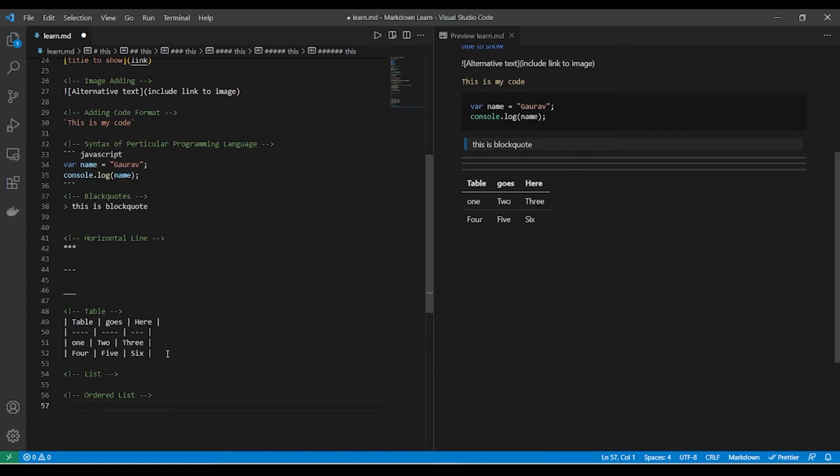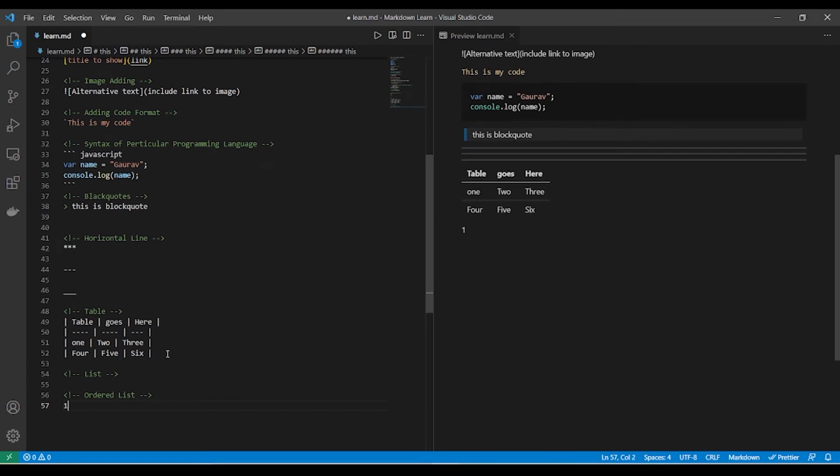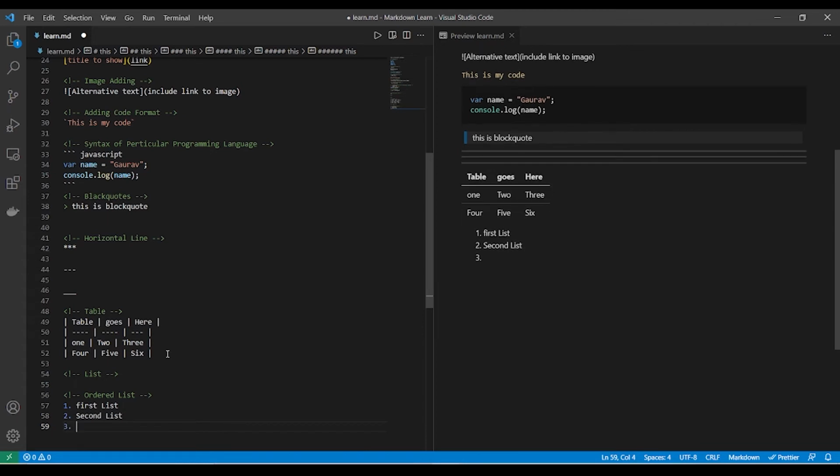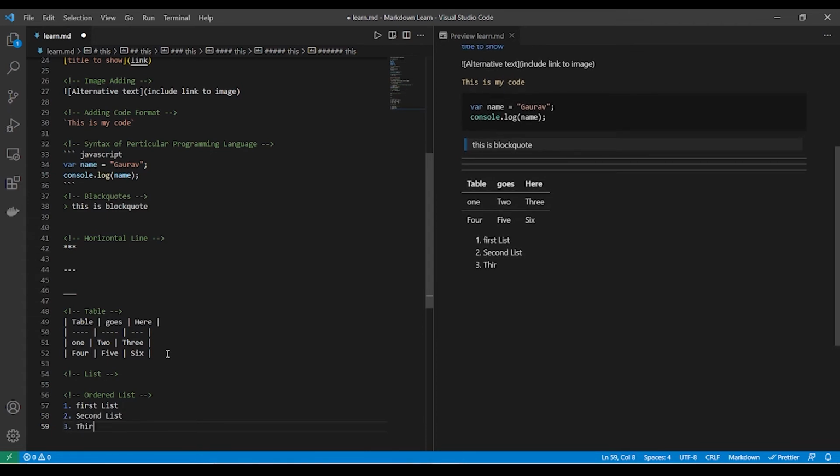For the ordered list you write 1 dot and whatever you want to write first, say first list. Then 2 dot, second list. Then 3 dot, third list. So this is how you write the ordered list.